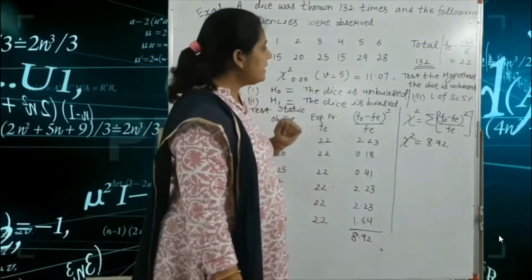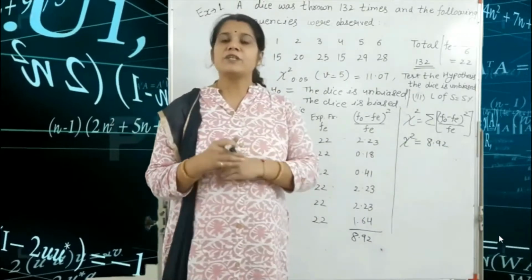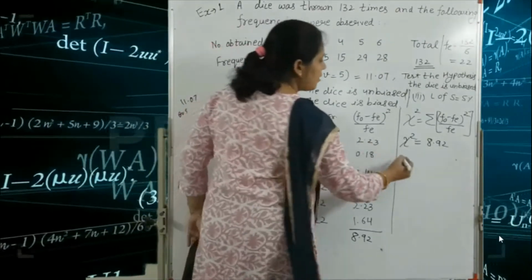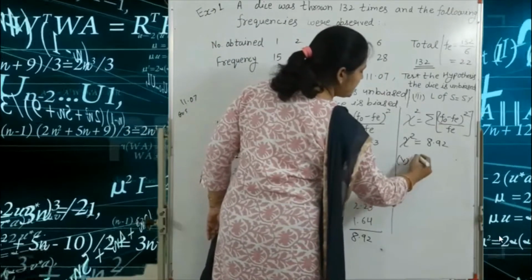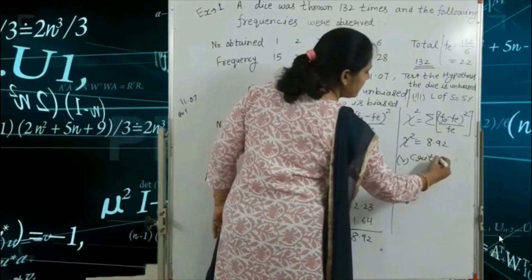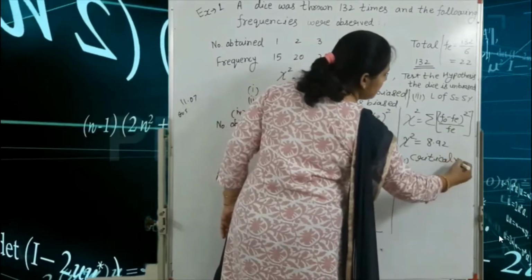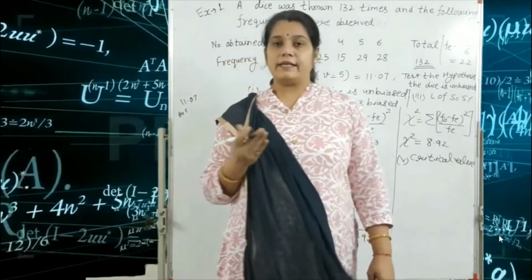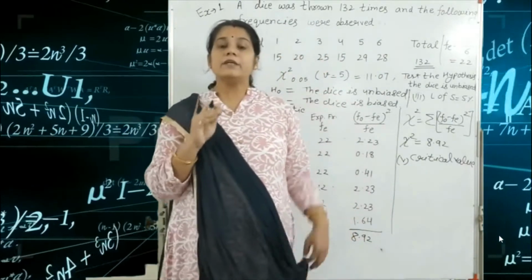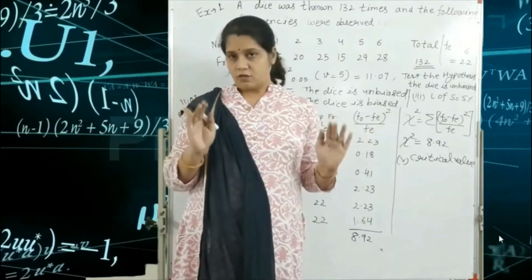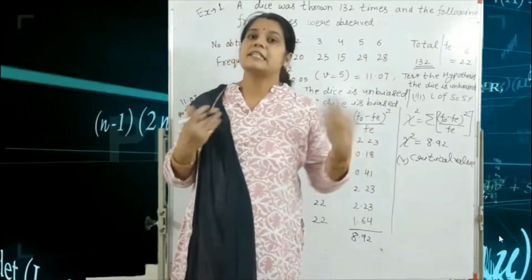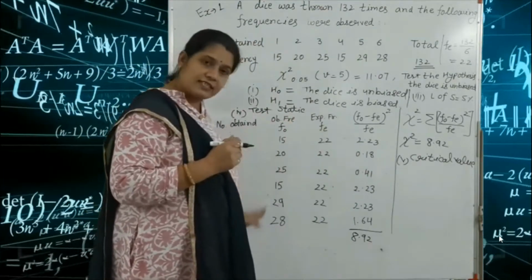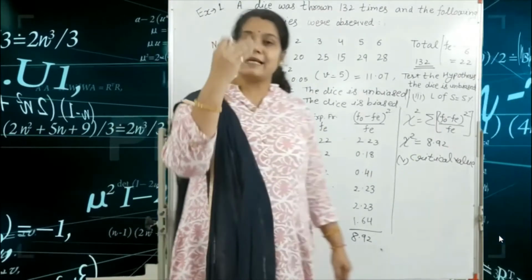Okay, next one is what? Next, we write the critical value. So for the critical value, we write the fifth step. The critical value is equal to... For the critical value in the chi-square test, if a question is given in series form, listen carefully. What do we mean by series form? That means if a question is given in tabulated form,